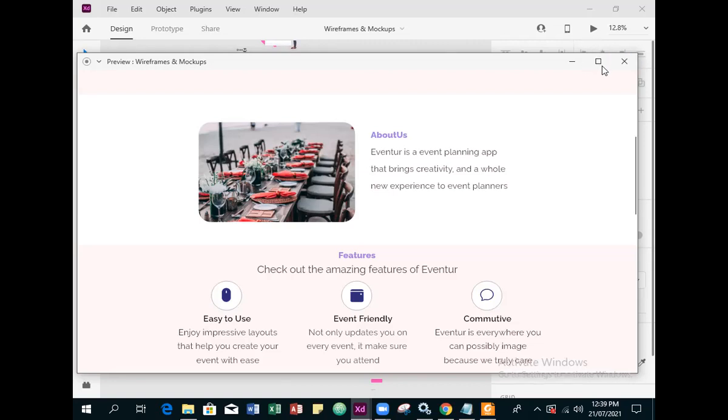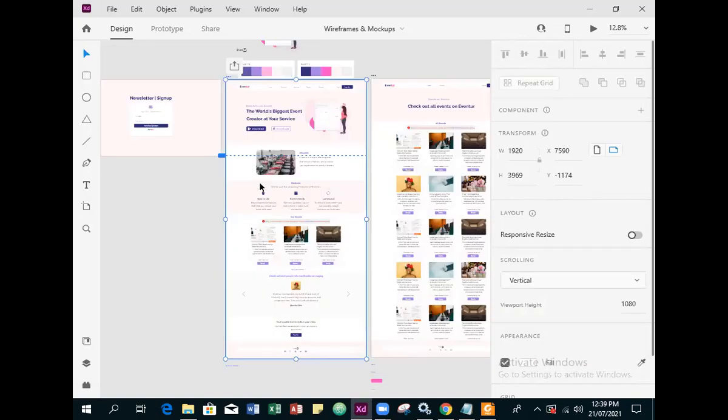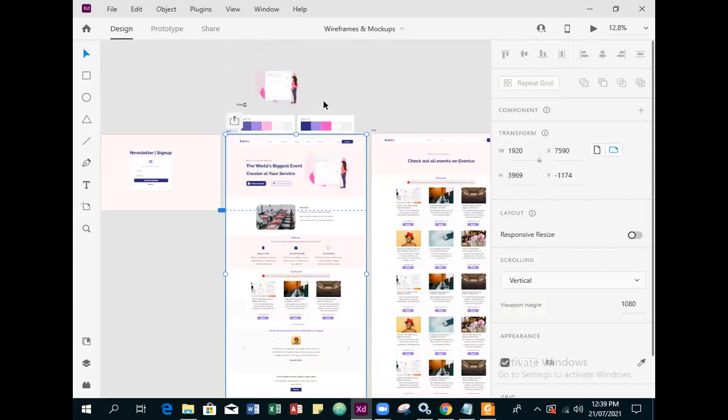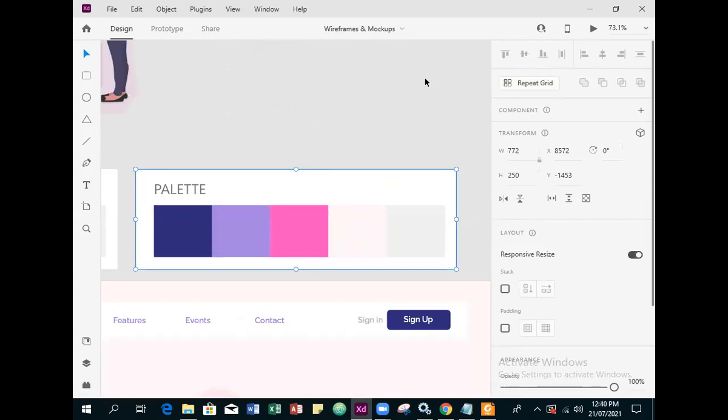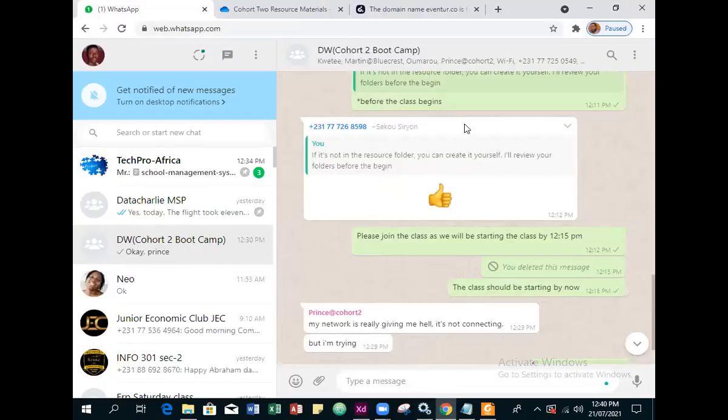So in this class, ladies and gentlemen, even though we don't have ladies, we will be looking at color palettes, and what we use to generate these colors. See the combination of colors here. Like we said in the last class, a color palette is a combination of colors. And we have a website online called